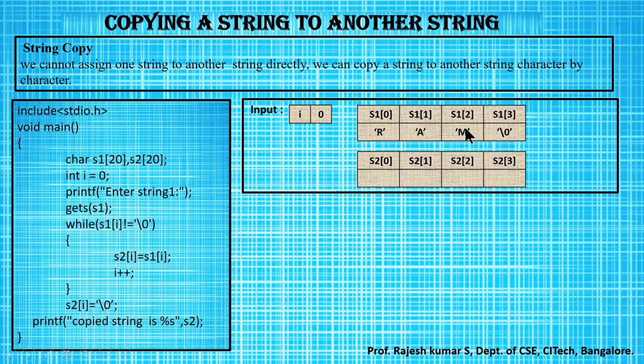Next, again, if there is a value or a variable, it can be anything, a number also. Whether that is present, yes, it is present. This continues until I reach null. Null indicates the end of the string. As soon as I reach null, we know that we have read all the values present in string 1. So we'll insert one null value into S2, indicating the end of the string.